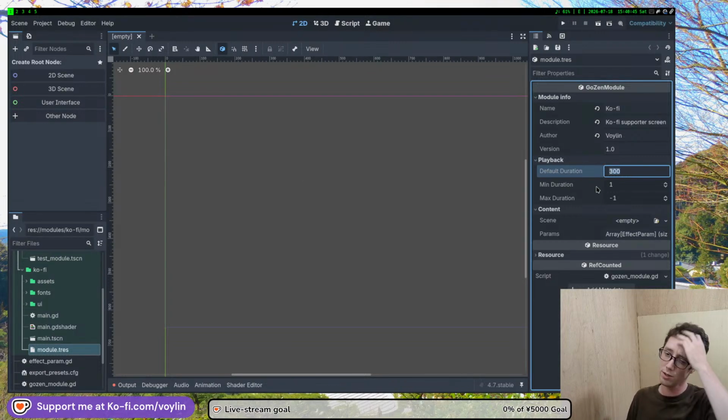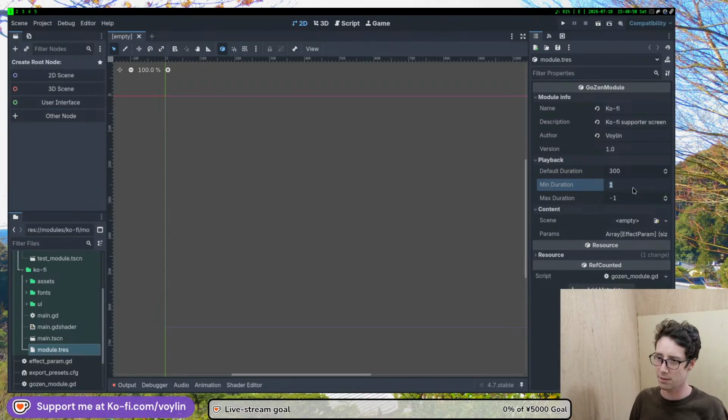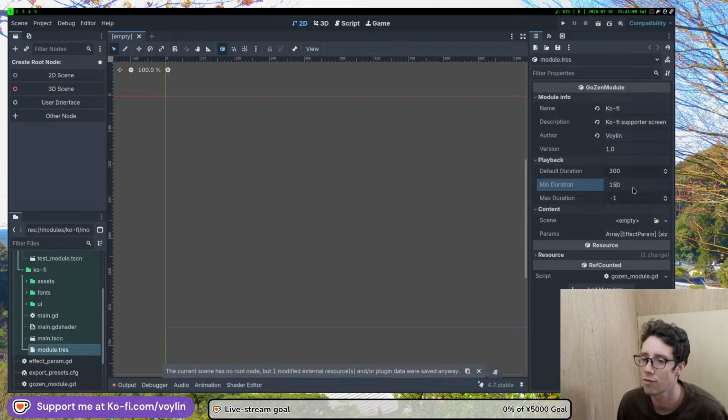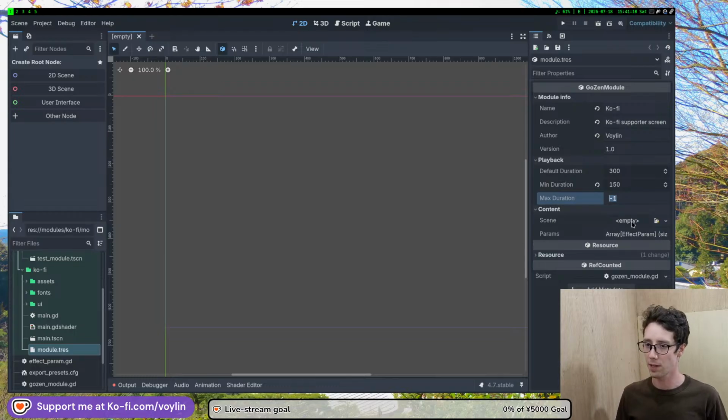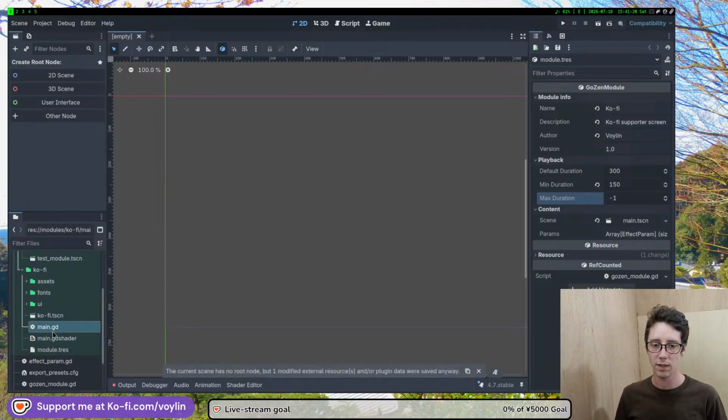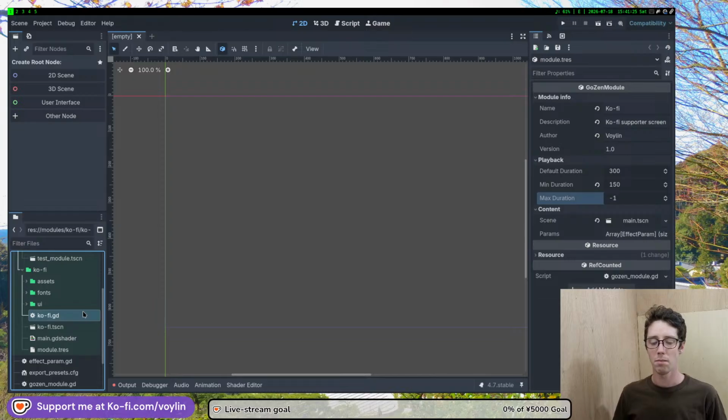Default duration. We don't need a well, for minimum, it should at least last 5 seconds, I guess. So okay, 30 frames per second, default duration 300. That's 10 seconds. I think 10 seconds is more than enough. And maximum duration, there won't be a maximum. And then for content, we need the screen main. But let's rename this to coffee. Let's also rename this one to coffee. But this coffee screen,